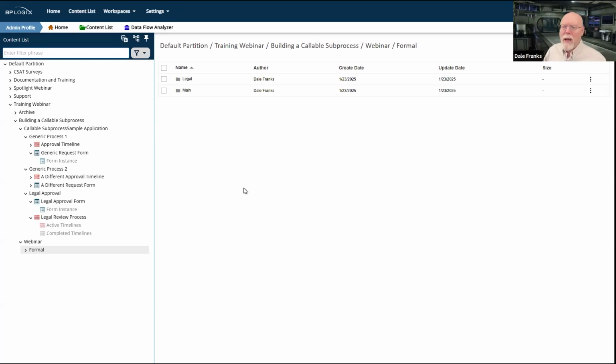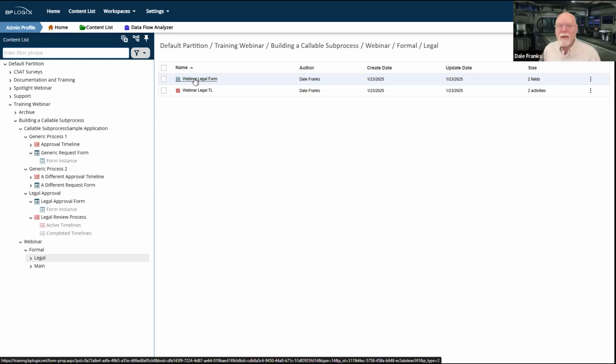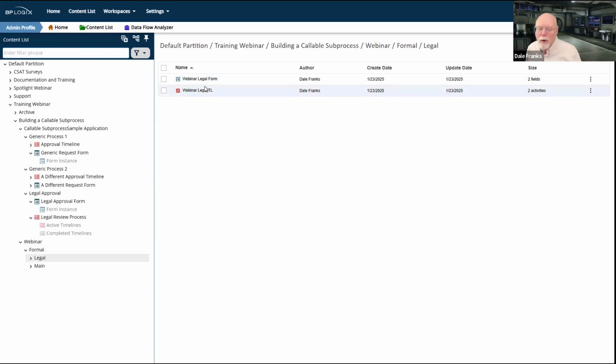What if I really am never going to have a situation where I say, I need some legal advice, I'm going to kick off the legal form? That may very well be the case. You may only be asking for legal advice like this in the context of some other process. In which case, there are some hoops that I simply don't have to jump through.